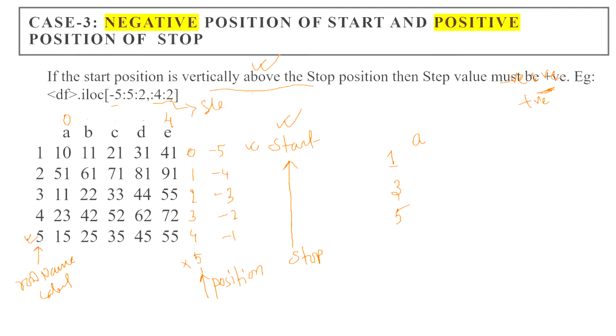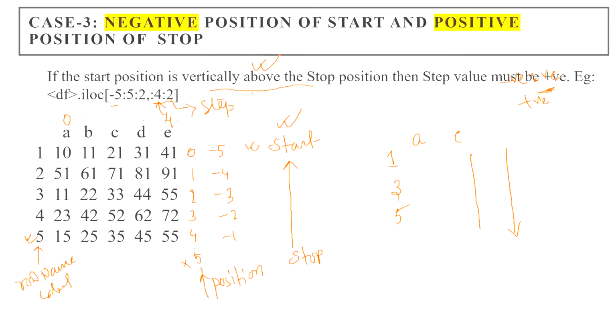This 2 is the step value. Step value is plus, so 0 plus 2 is 2. So C will come. Up to this only A and C, because 4 cannot come. Why? Because 4 is the stop value. Fine, and their values will come accordingly. So here what we have seen, if this way,